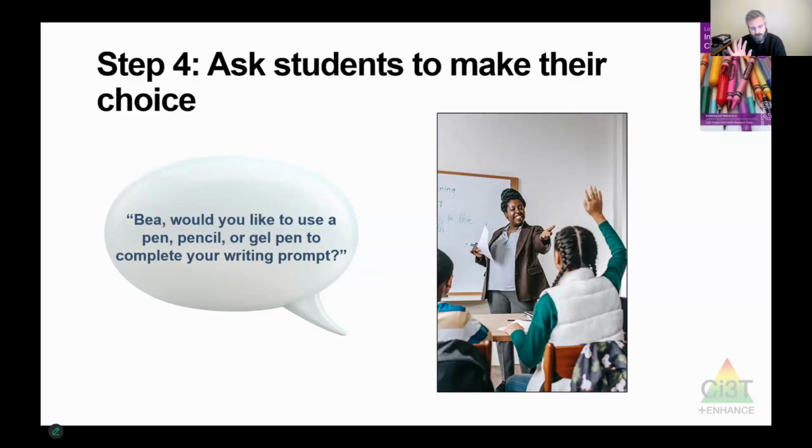So if you're thinking about how to embed this as part of a tier 2 or tier 3 intervention for a specific student, the way that you ask the student to make a choice is really, really important. If you have a student that's sensitive to feeling like they're being called out in front of the class, you do not want to make this request of the student to make a choice in front of the whole class, unless the whole class is making that choice, right? So you want to be prepared to individualize or not based on who you're talking to and the context of what you're trying to accomplish.